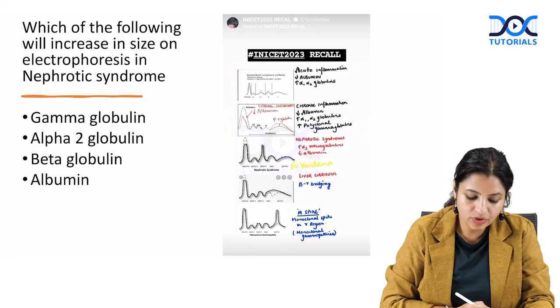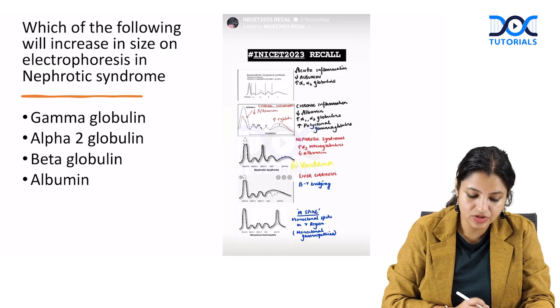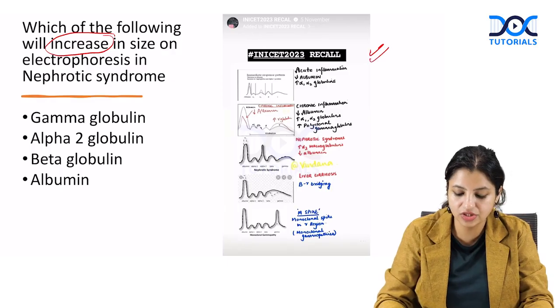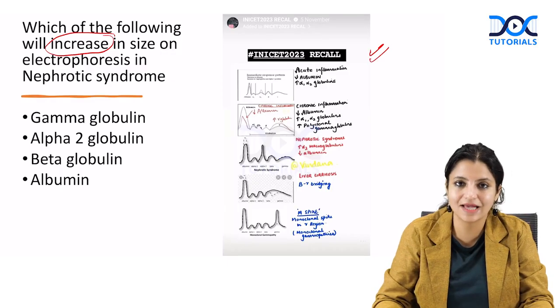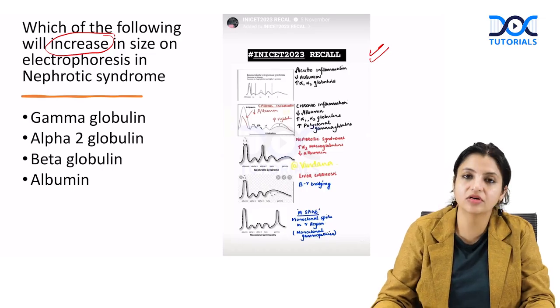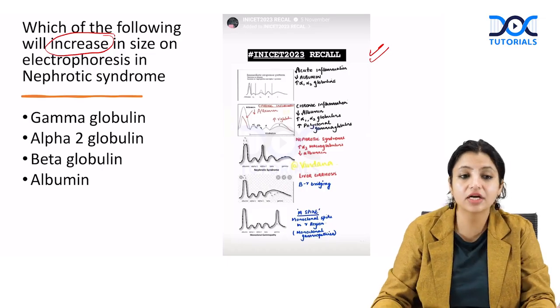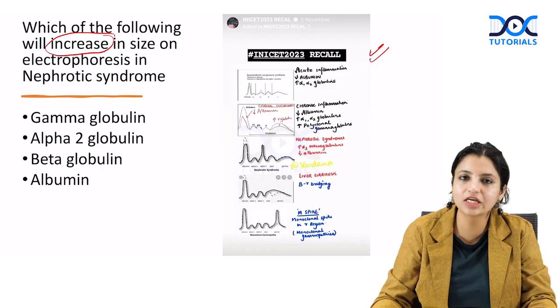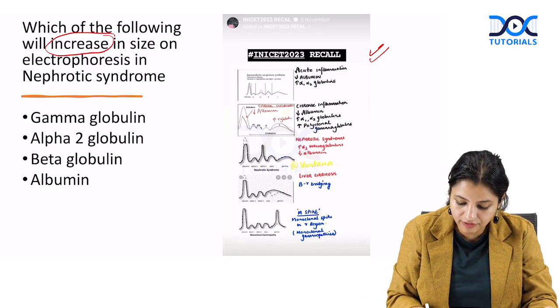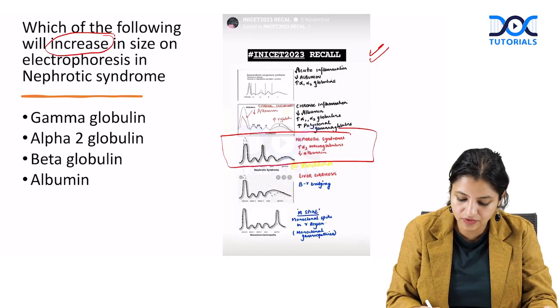Okay, which of the following increases on electrophoresis? It is increased in nephrotic syndrome. This is a jinx question which I had posted before the exam also. This is one of the graphs which everybody should know, and you all know that albumin is a negative acute phase reactant which will decrease in all inflammation. So it's out. When we talk about nephrotic syndrome, we all know that